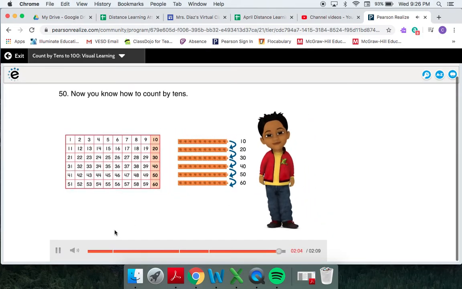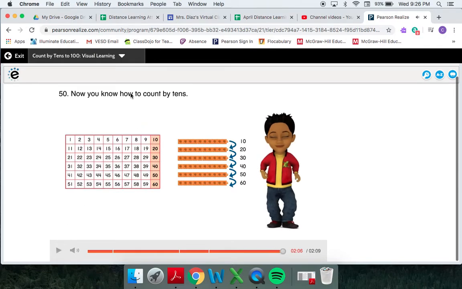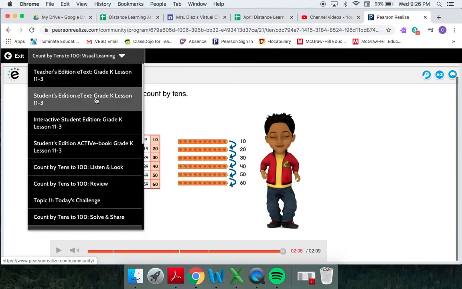50. Now you know how to count by tens. Okay, so again, they need to know those terms before and after as well. That's going to be an important part of understanding how to use a 100 chart. All right, so I'm going to go back into the lesson now, and we're going to go to the next